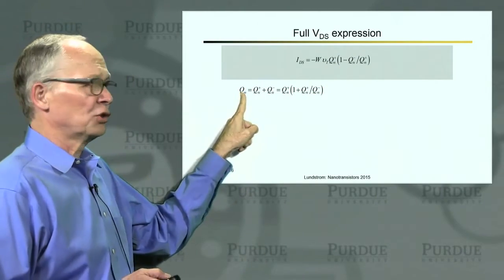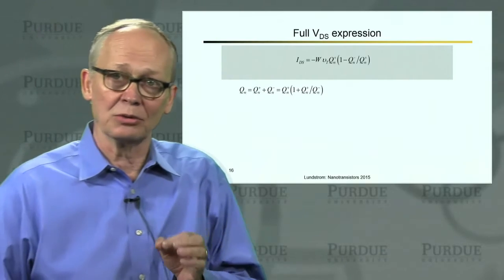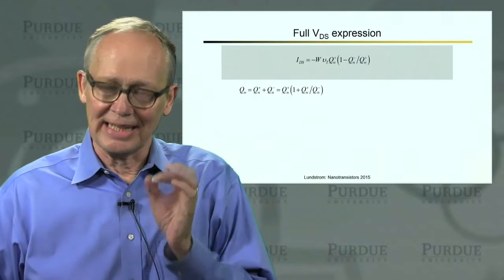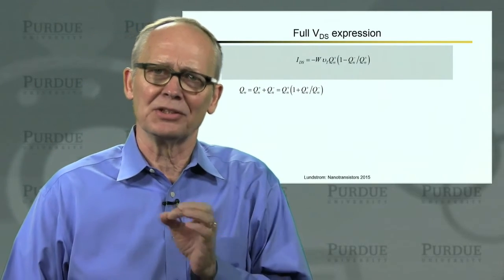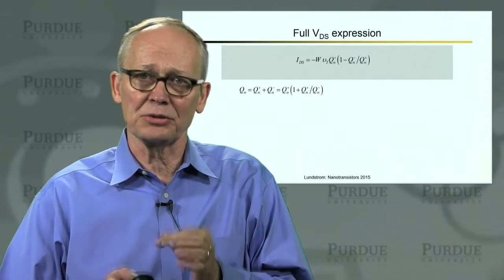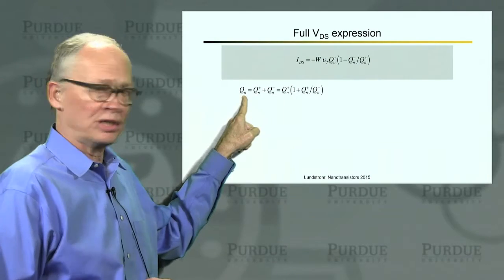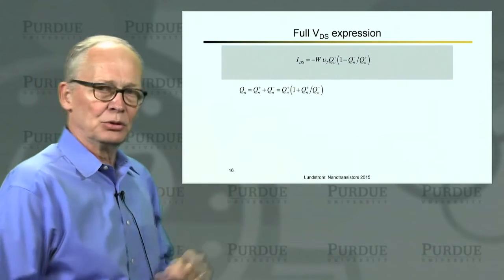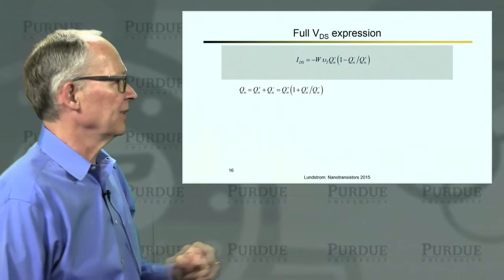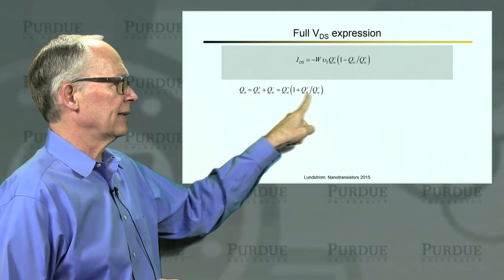So remember the total charge. Now this we know. The gate to source voltage determines it. The drain to source voltage through DIBL affects it a little bit. But we know how to calculate the total charge. It consists of these two components with positive and negative velocities. So I'll just write that this way.